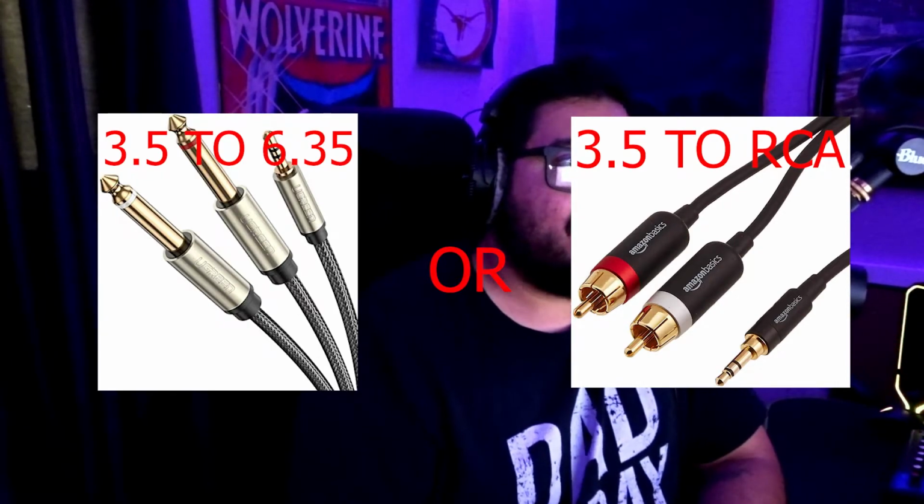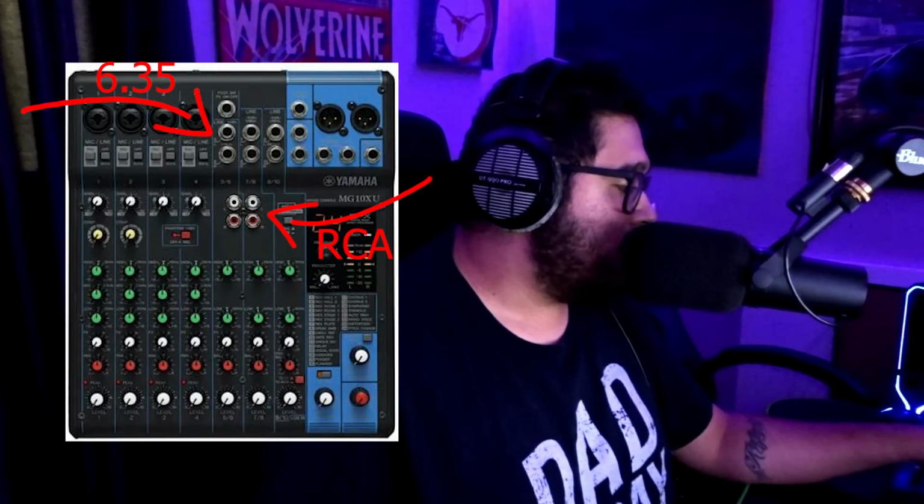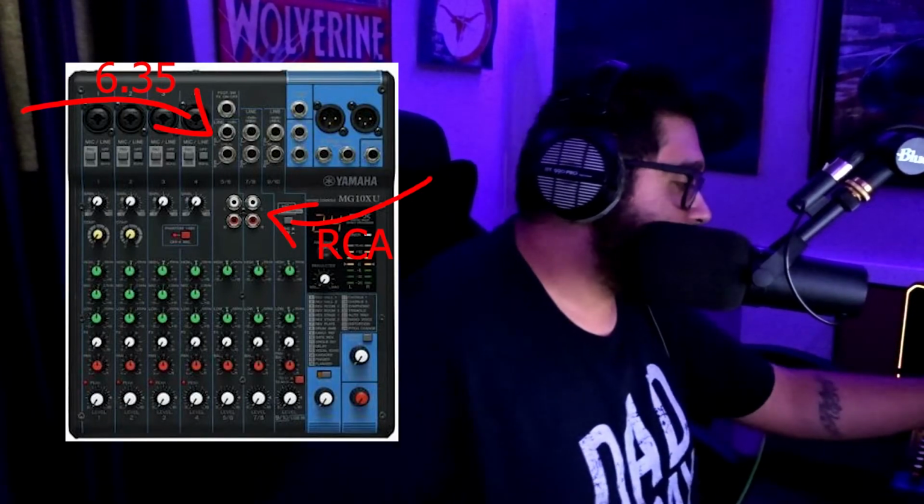6.35 millimeter jacks into your mixer, which of course are color coded. Red means right and white means left. You're gonna want to connect it into one of these lines. At least on mine, my Yamaha has certain different lines. Make sure on your mixer you have the volume up so you can be able